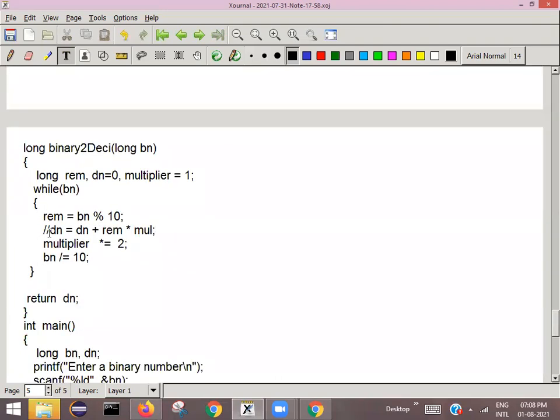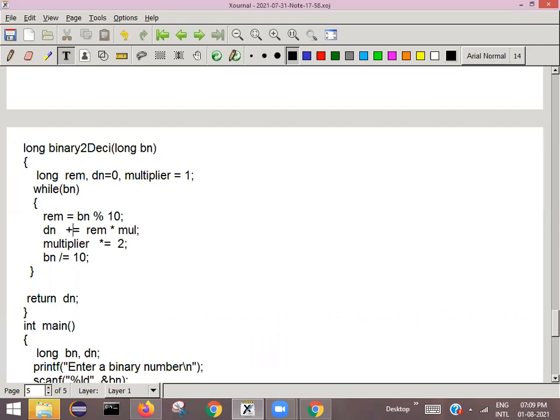So what I do is I can remove this, and now you tell me, can I write dn is equal to dn plus remainder into multiplier in this form? dn plus equals to remainder into multiplier. In the previous program also, this kind of statement is there.